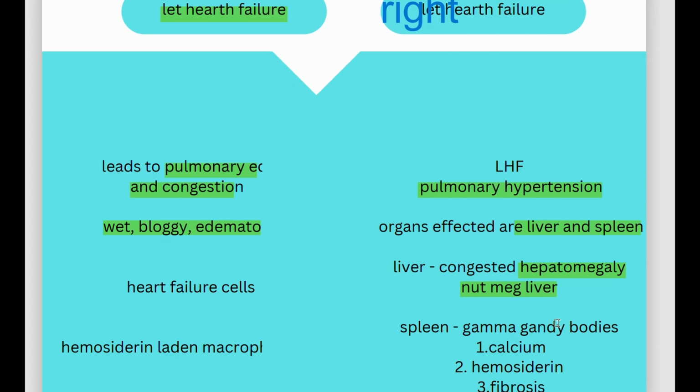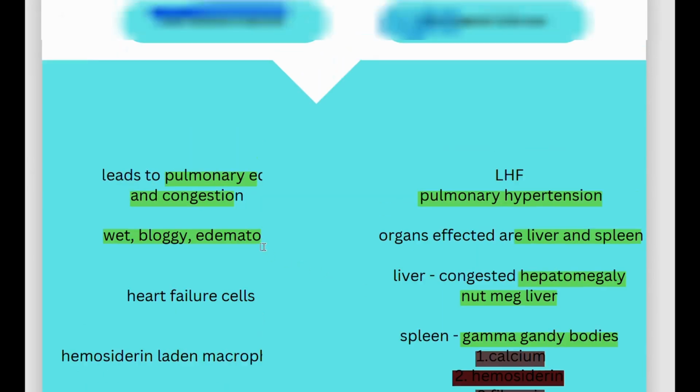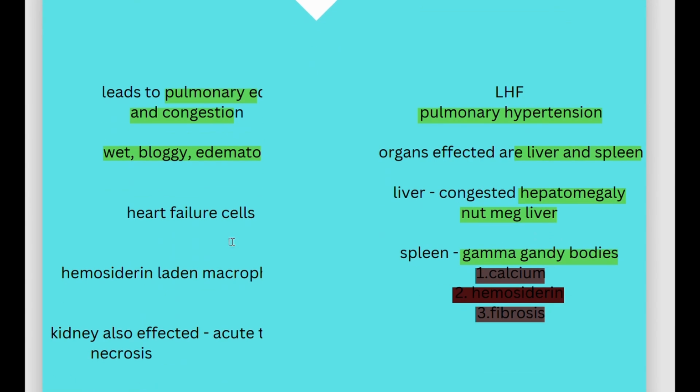And make sure that you are clear about these Gamna-Gandy bodies. Gamna-Gandy bodies are made up of calcium, hemosiderin, and fibrosis. Okay, and if you observe the left heart failure, there will be presence of heart failure cells,